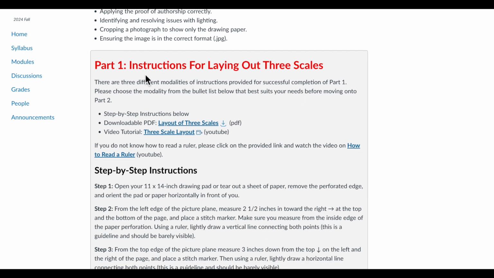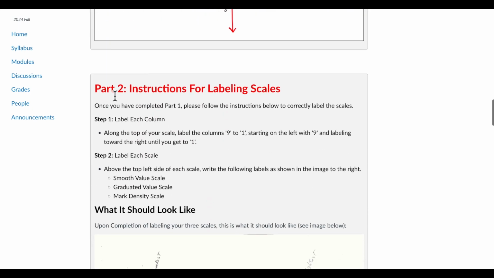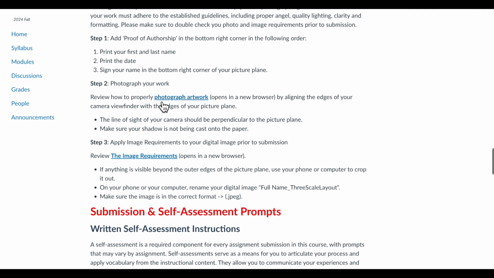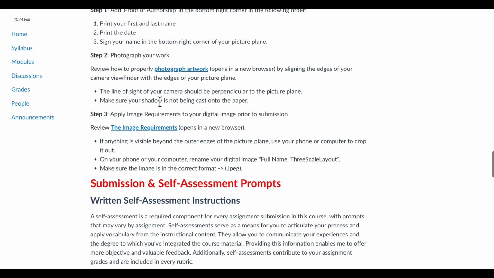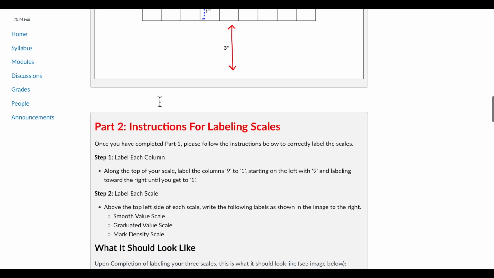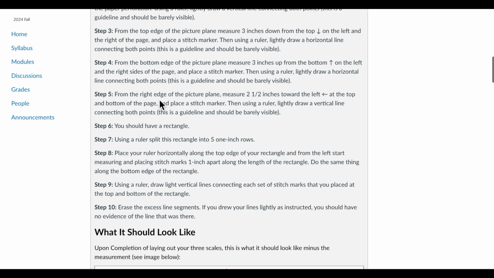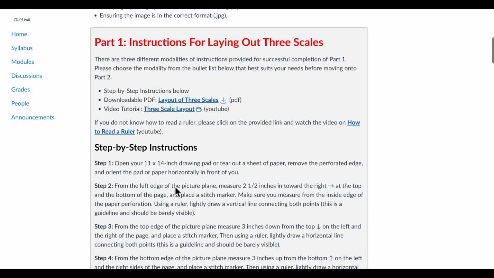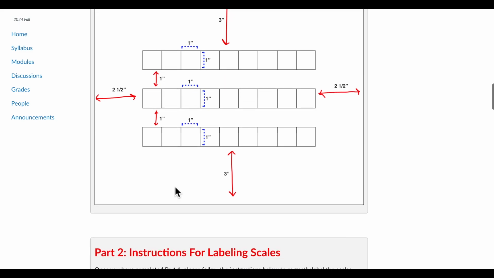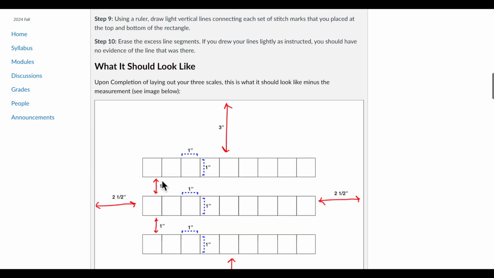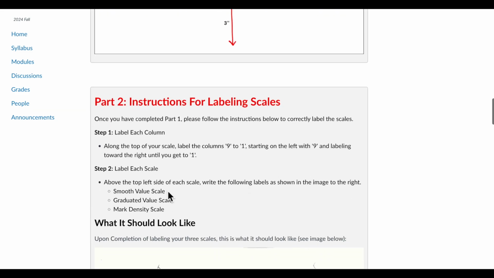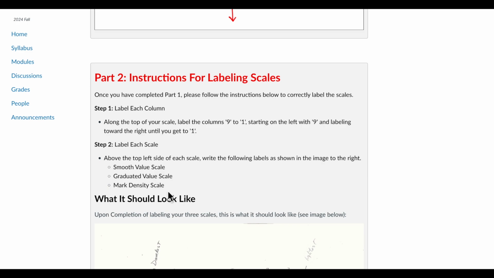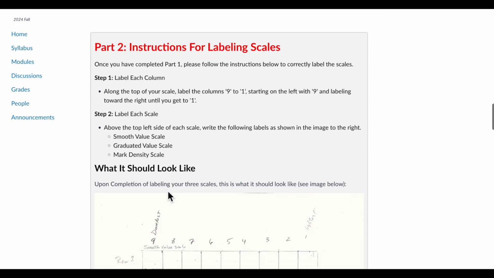Part 1, Part 2, right? For this assignment, there's only 2 parts, so there's only 2 individual gray boxes. If there's 5 parts, you'll see 5 gray boxes. You're expected to complete all the instructions in Part 1 prior to proceeding to Part 2. The information in the gray boxes are for the actual assignment, the artwork or the layout that I'm asking you